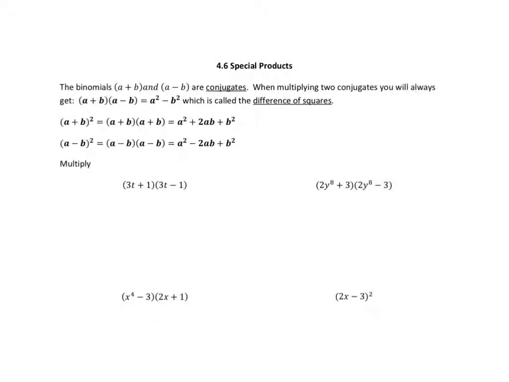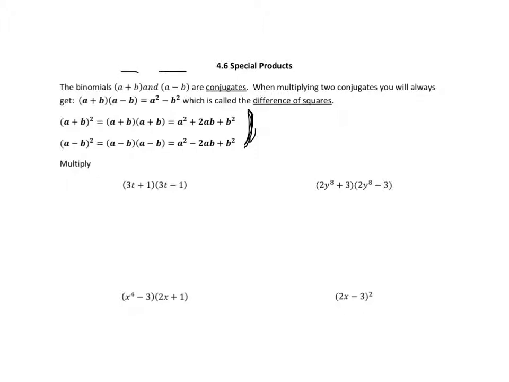Welcome to 4.6 Special Products. This is kind of an extension of the multiplication of polynomials that we covered in 4.5, but there's a couple formulas, and really it's not that big of a deal that you know these special product formulas now, these right here, but when it comes to factoring, like the first module in Math 98, these are going to be kind of important. So one thing I want to define is this: if we have a plus b and a minus